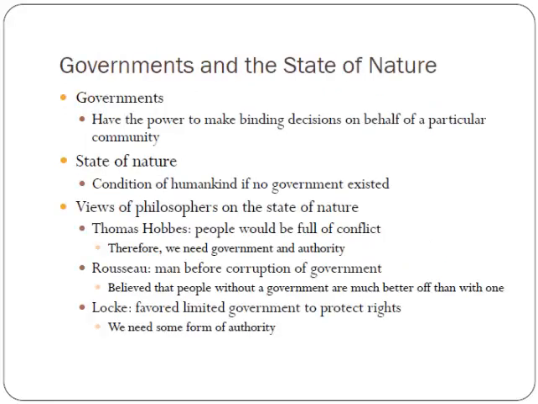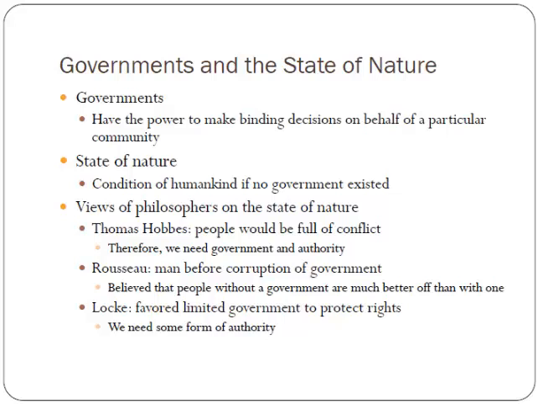A government is a group of people or an organization, a ruling organization, it could even be one person if that government is a king, that the people appoint or that the people vest with authority to rule the society. So governments have the power to make binding decisions on behalf of a community. If people would not have governments, you'd have what is called anarchy, which literally means no ruler. And so the state of nature is what humankind would be if no government existed, which would be pretty much emptiness and lawlessness, and people would pretty much do whatever they want.